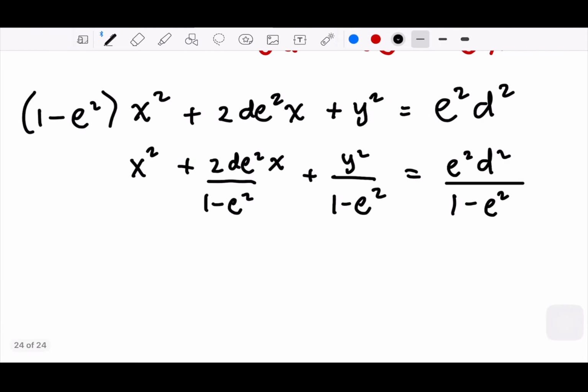Okay, and then this term here, it has twice as much as the form, right? So if we take this x, let me write here 2 d e squared over 1 minus e squared x